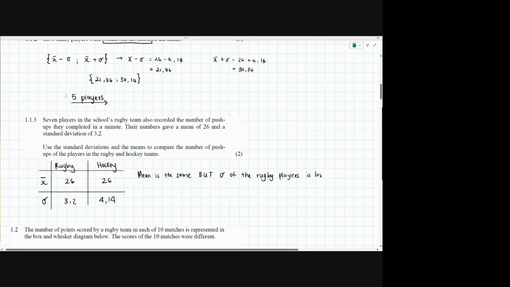I have yet to actually answer the questions. I've yet to actually compare. I've said what's happening, but I haven't actually made a comparison. So now we have to say what this means. So this lower standard deviation means that